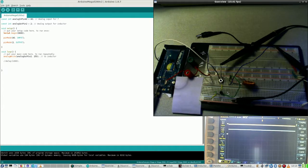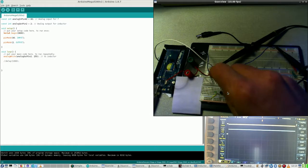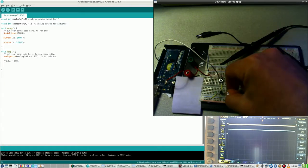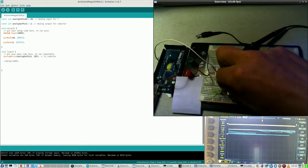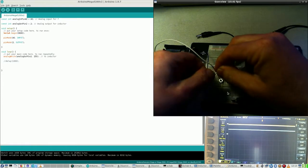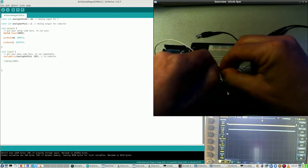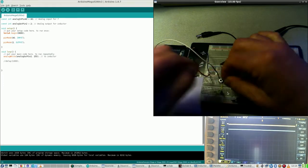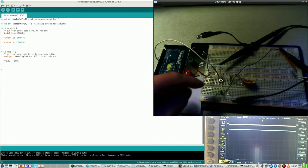So what I should do, take another LED, and put it in between this wire and the transistor. So this one goes here, be careful with this wire, which goes right here, or at least supposed to. A little bit of twisting the wire. Alright, so now let's see with...